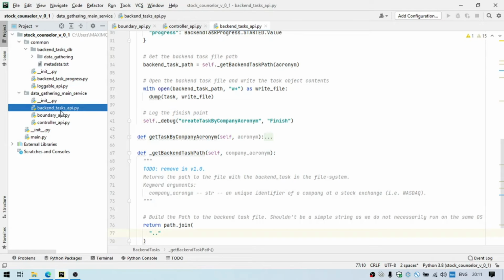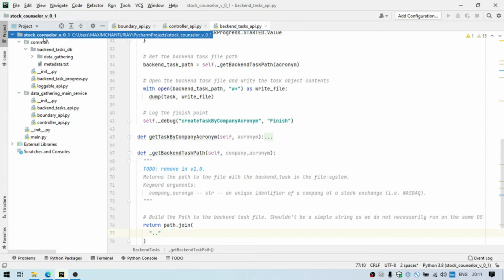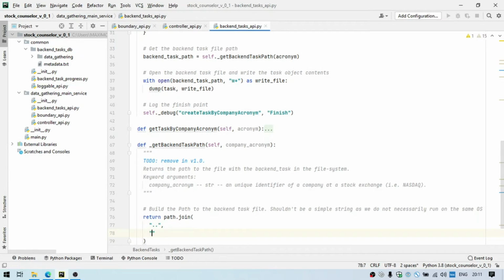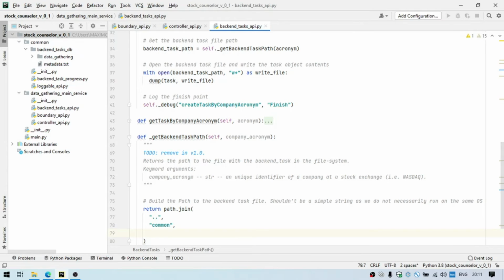So from this point, first of all, we go one directory up in order to get to the stack counselor root directory level, which we're doing with two dots. Then we want to enter the common directory. Once in there, we need the backend tasks db directory,